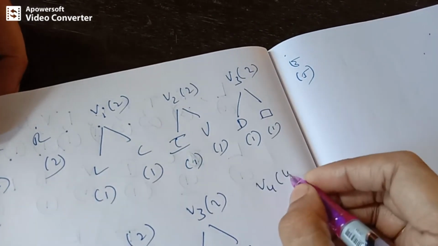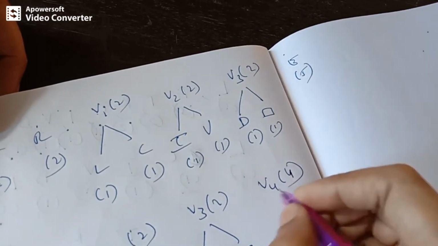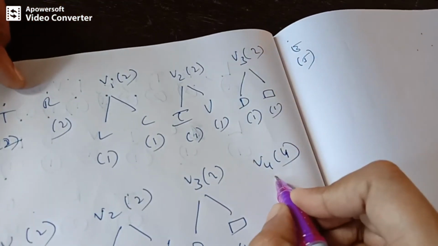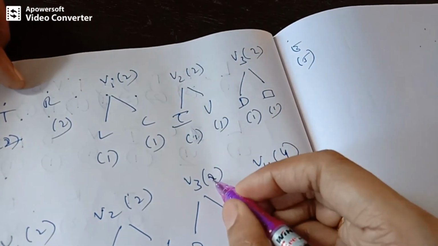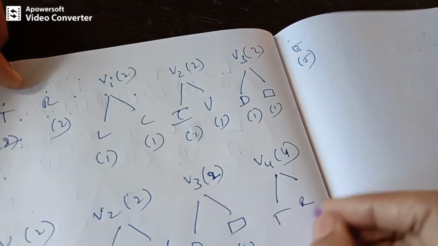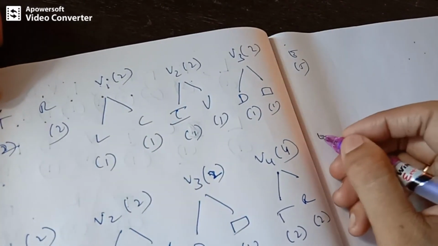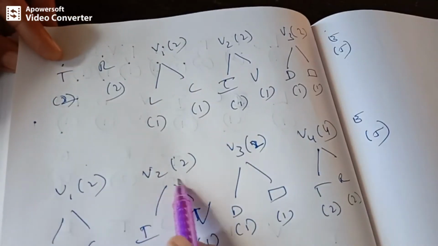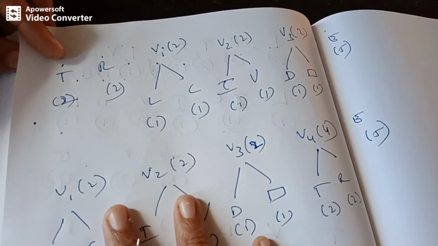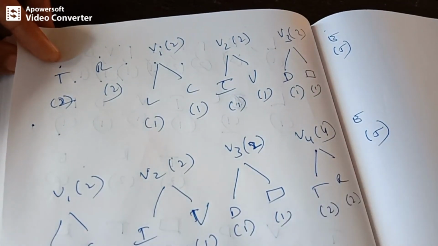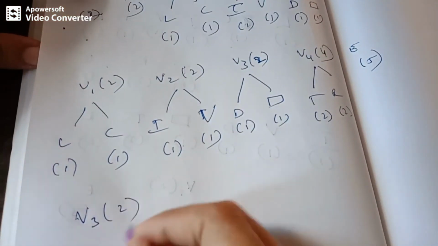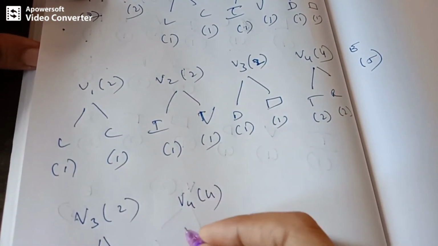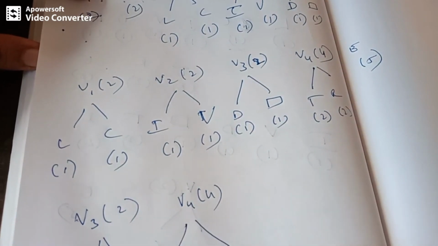Next, I have another new vertex which is having weights. You can observe 4. 2 plus 2. It's 4. The new weighted tree with weight 4. Okay. So T and R 2, 2. And E is the last vertex. Next, let's combine these two. We get a new vertex whose weight is 4. So I can fix it here. So the next level looks like this. Vertex V3, D and space. Next vertex V4, T and R, the previous tree.